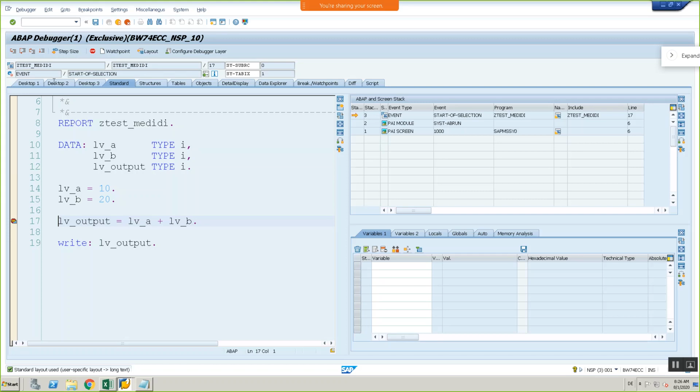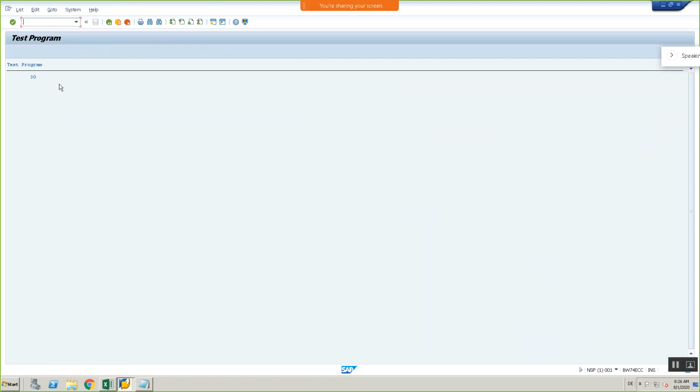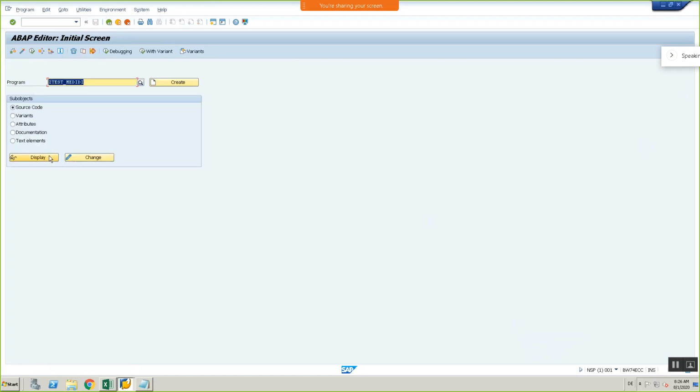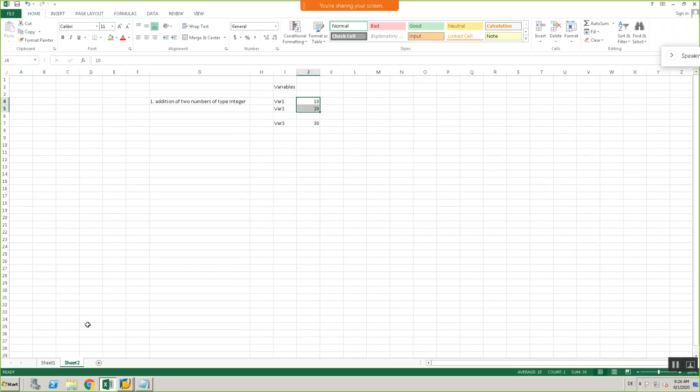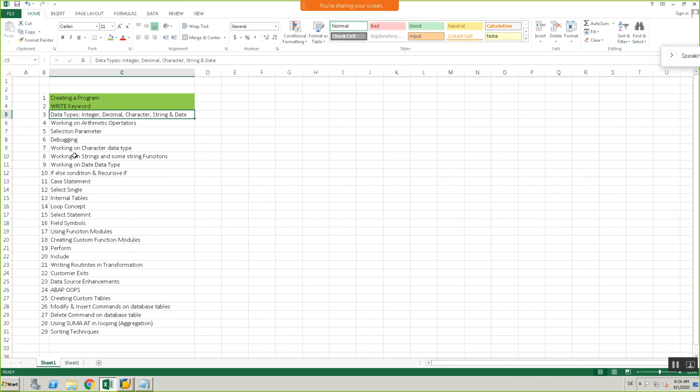Yes, clear. Okay, so now I finished debugging also, but you will get to learn more things in debugging. But now you people know how to do debugging also. What about this F6 and F7? We will cover that when we go to that particular topic. At this point of time, it is difficult to explain F6 and all, so that's why I'm not touching it. But for each and every program, whatever we are writing, we do debugging and we see how it is working line by line.